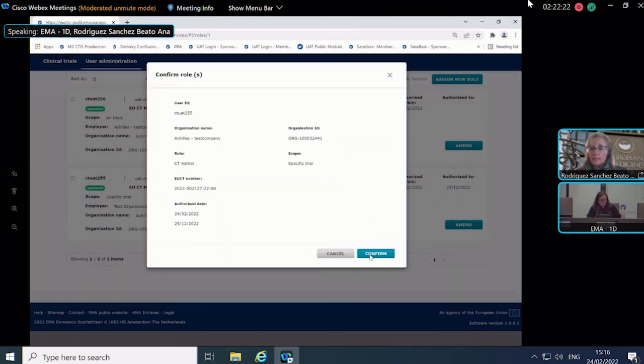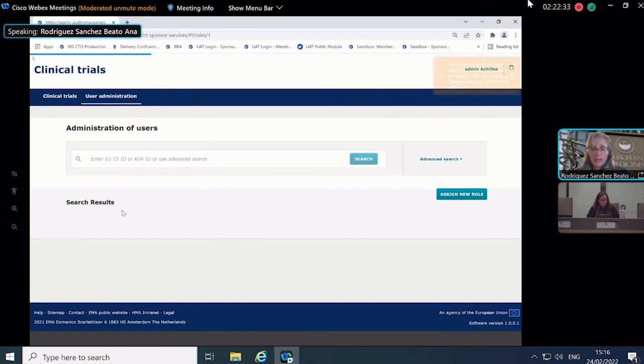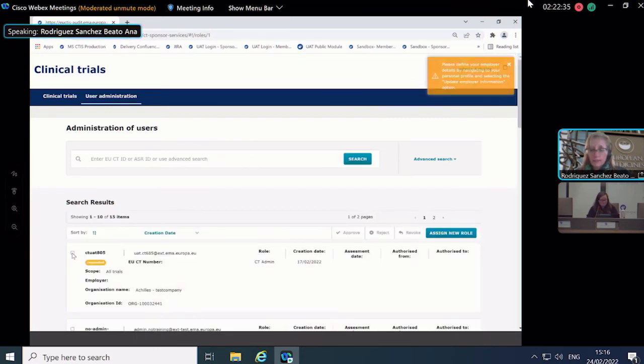Yeah. Can you give me 1 minute, Sarah, because I would like to show them also how to revoke the roles, although it was mentioned before. But if I want to revoke a role, then I can select here. In this case, this is a requested role because it's what is shown by default now, but you will select it, and again, you will have here the possibility to revoke the role. So these are the key functionalities of the administrators, and then I give the possibility for questions.